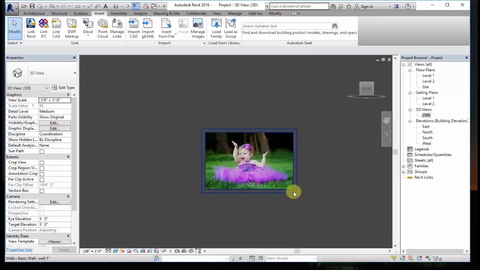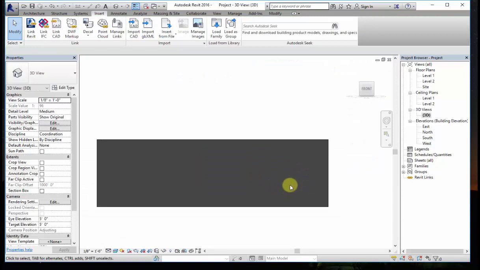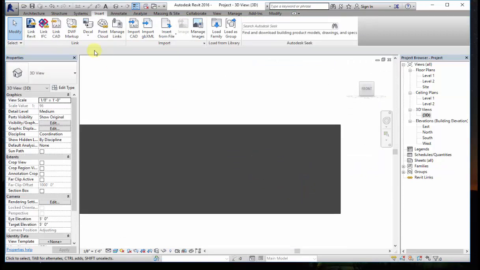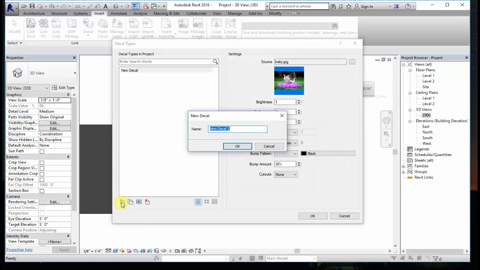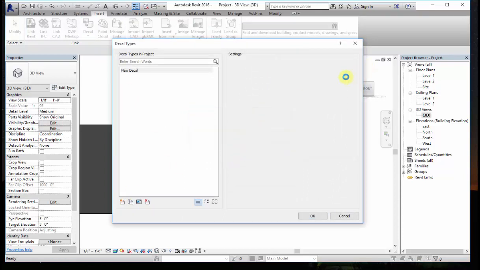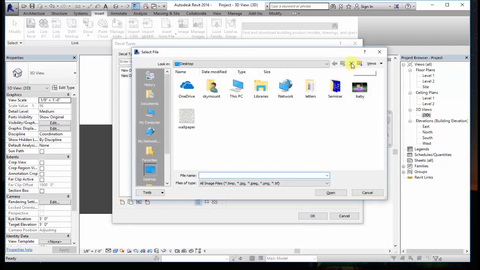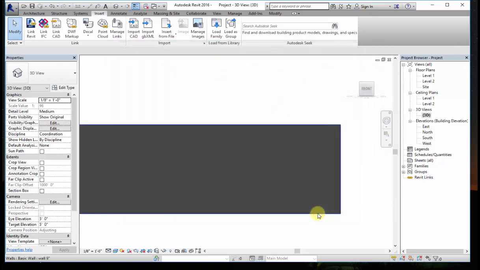Not only for the frame, if you're going with wallpaper, you can add a wallpaper as well. Again I'll drop down decal and click on decal type. Whenever you're creating a new decal it is just like duplicating, so click on new decal, give the decal name again and click on OK. Same way I'll click on the source icon, select the wallpaper, click on open and OK.